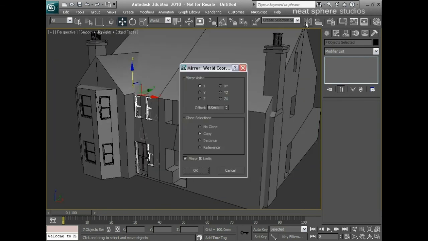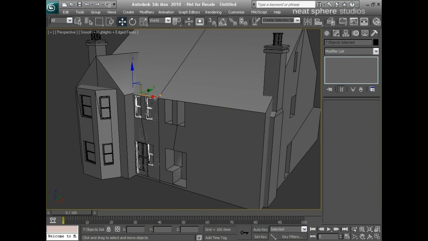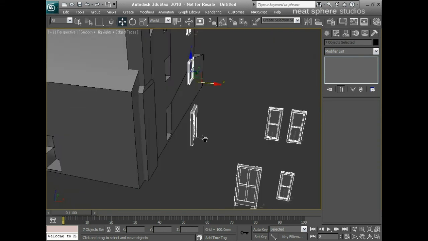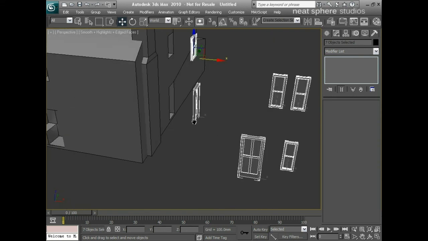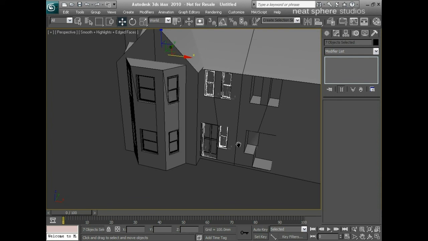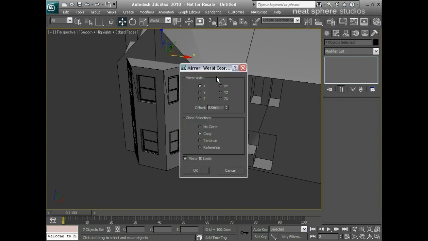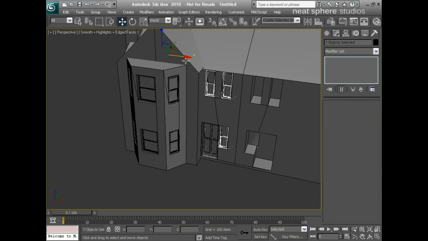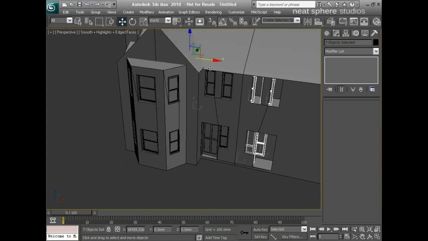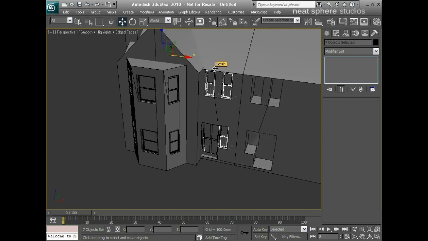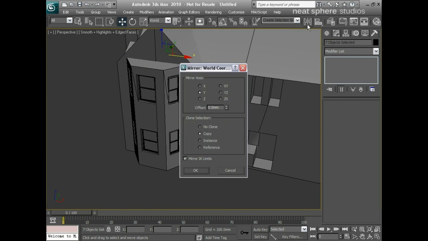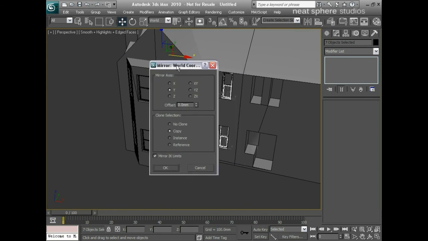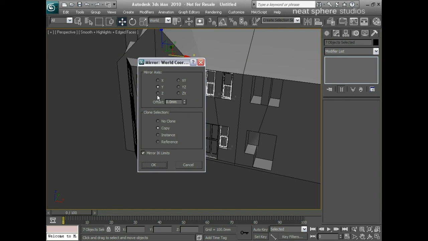And I'm going to mirror and then drag, mirror along Y. See, that's still not working. Wonder why. Let's mirror, copy around Z,